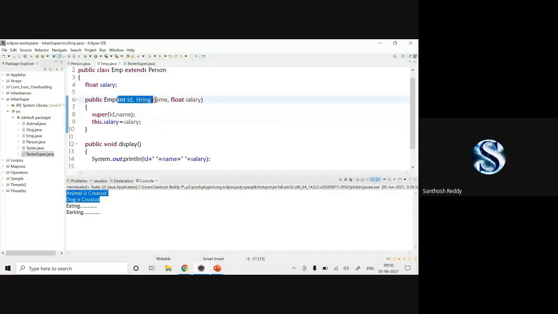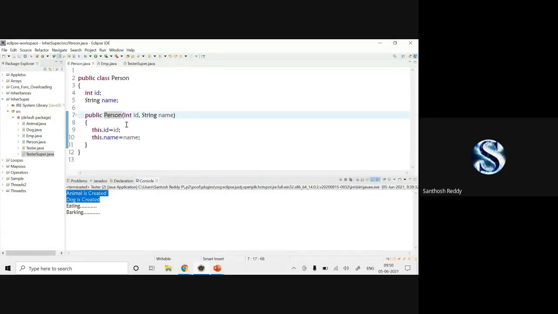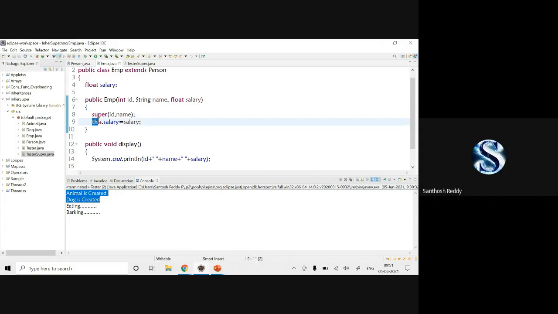Whatever values you passed here, it will keep and jump to the person class. Here it will initialize ID is equal to ID, and assign the name brought from the employee. Then it will come back to the employee class, where I have this dot salary is equal to salary, and it will execute that.